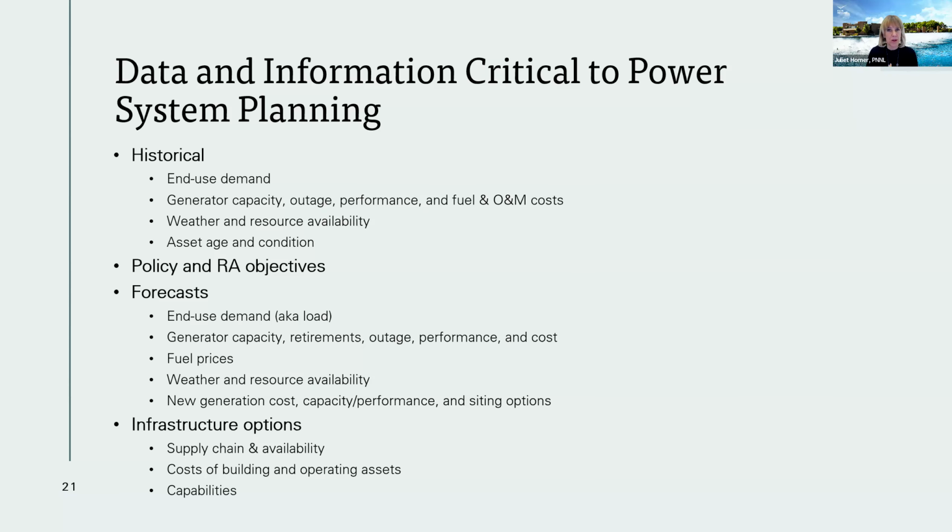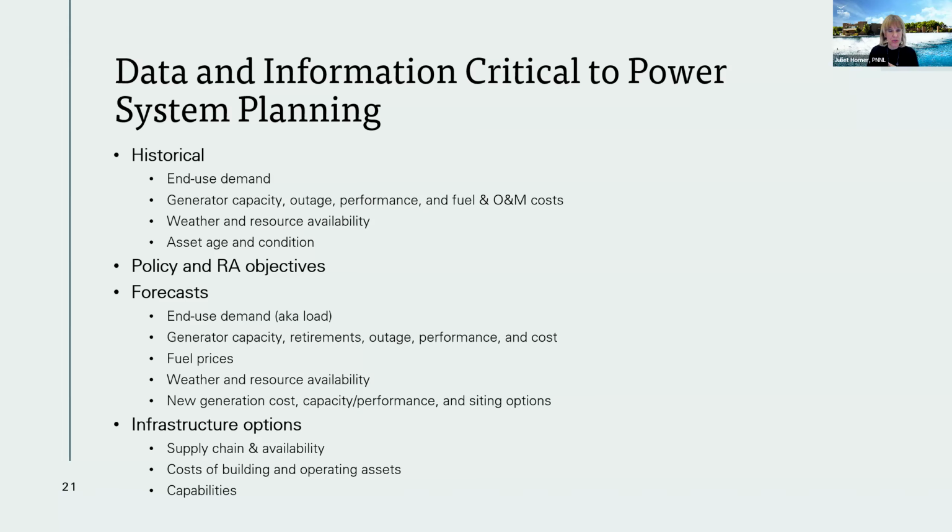So looking back is an important way, of course, to plan for the future. In addition to that, there's information on policy goals. Does the state have goals around renewable portfolio standards or battery storage? And then what are the resource adequacy objectives? Very important. And then forecasting and looking forward, really important as we move into forecasting, planning, and resource adequacy, understanding